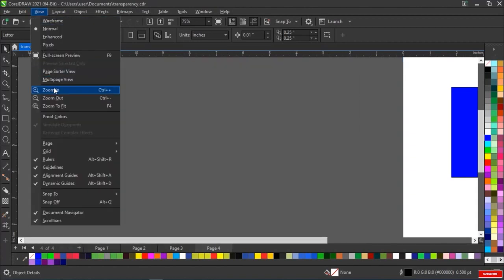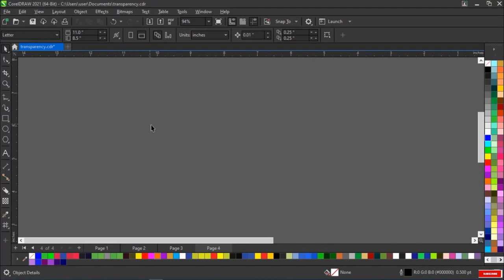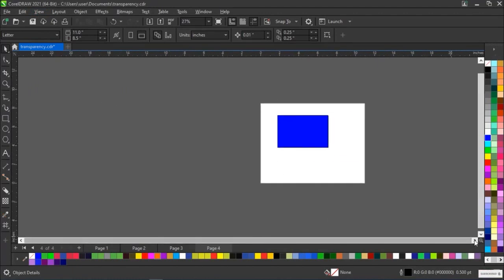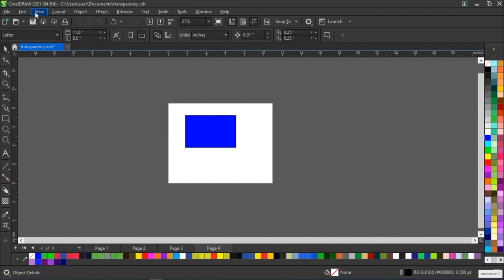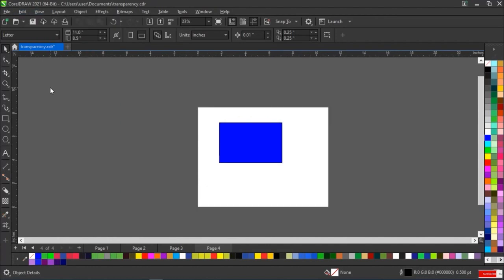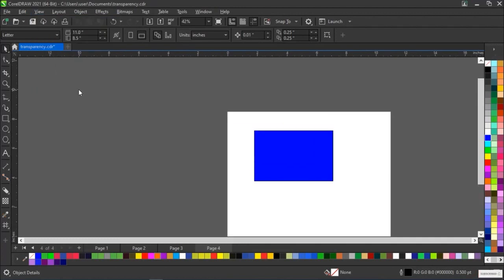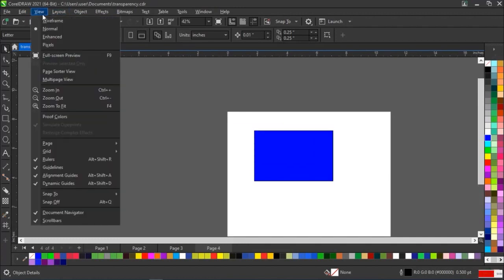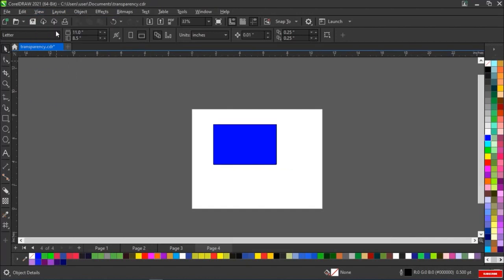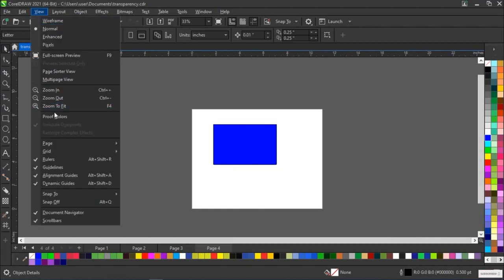So right here we'll have zoom in and zoom out, which we've talked about right here in our toolbar. If you can't get it done from your toolbar, you can as well do that from here. So you can zoom in right from here. Our background zoomed out entirely. So let's go back to our view and click on zoom in. It keeps becoming big. The more you click, the more it zooms in. The same way you can zoom out, just as you want, but you can also do that